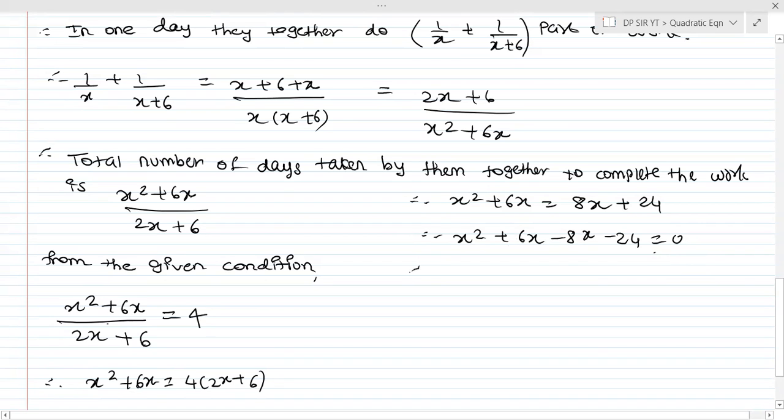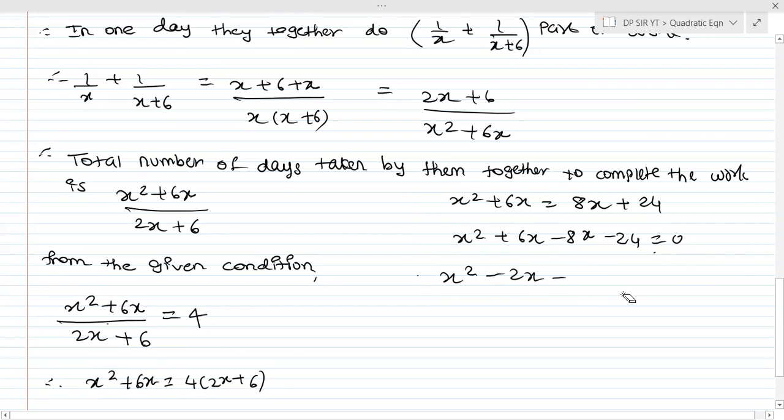Ah, अच्छा. Okay, I found my own mistake. Thank God. See, this is what happens. You may feel you are going wrong, but you should have that capacity to identify the mistake. It would be x square. ये 6x minus 8x कितना होएगा? Minus 2x minus 24 is equal to 0.